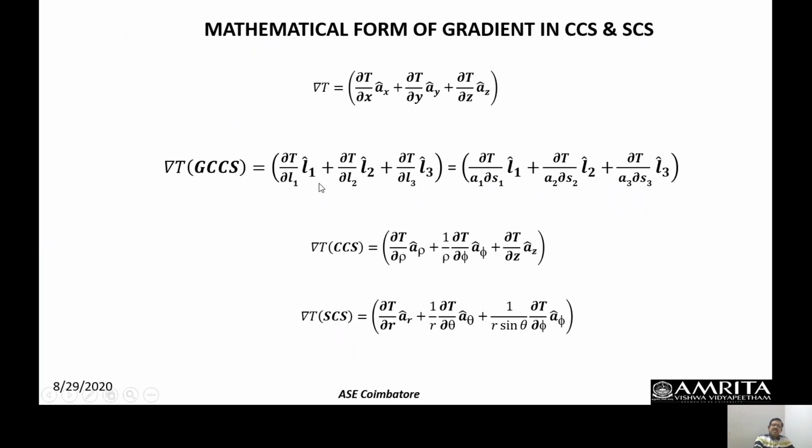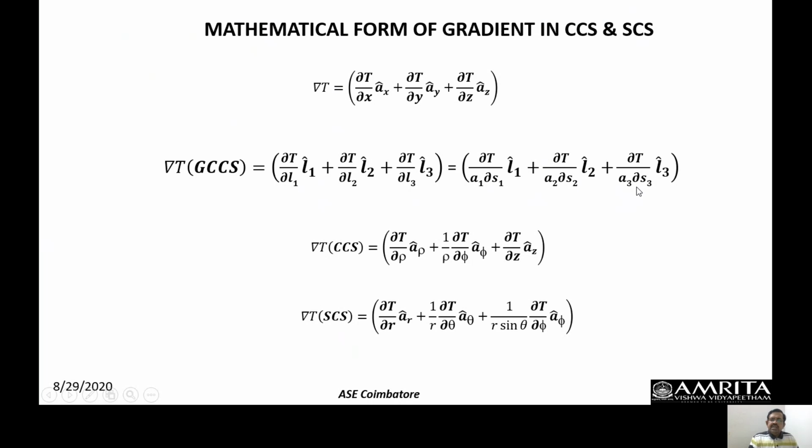If you remember this expression, and since I have nailed the concept of the cylindrical coordinate system building from fundamentals, the same is the case with the spherical polar coordinate system. Remembering these expressions, you don't have to remember for every system separately. It is enough to remember this generic formula and then derive the other expressions, knowing A1, A2, A3 and ∂S1, ∂S2, ∂S3.